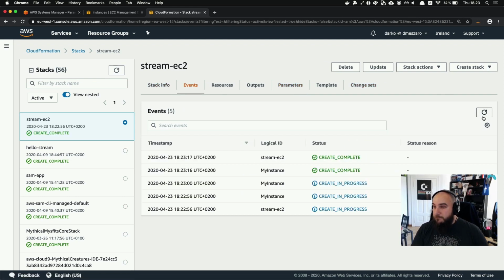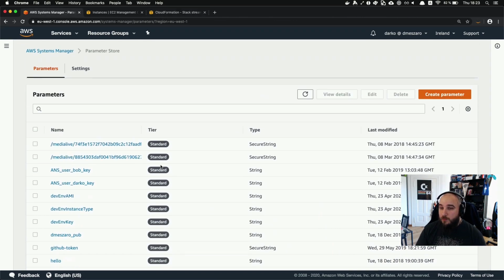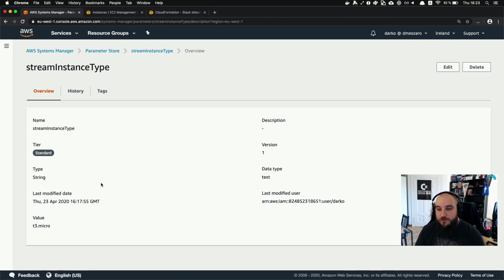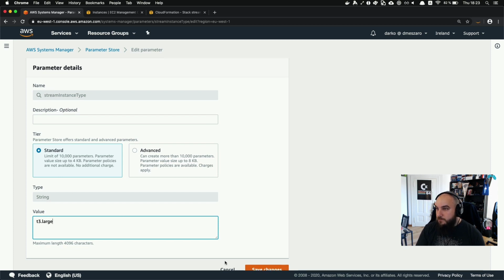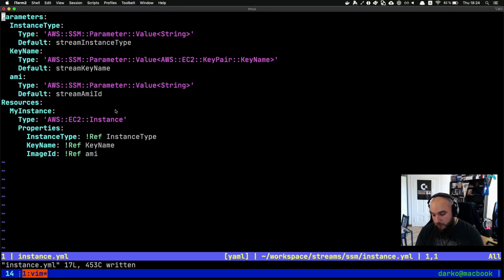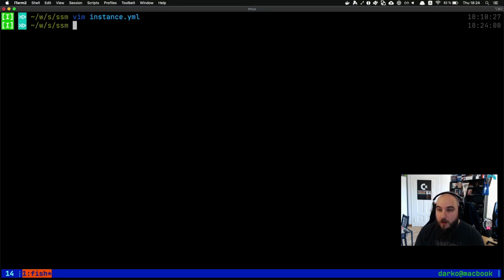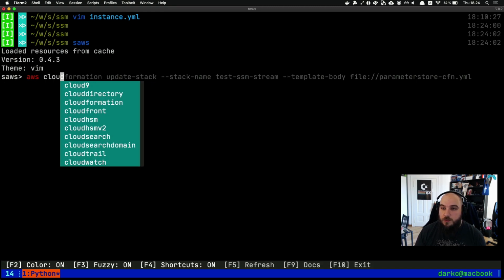So that's fine. But here's another thing that you can do here as well. And this is also a great value when it comes to a parameter store. Let's say I've changed my mind and I want to change my instance type. Instead of T3 micro, I'll do T3 large, like so. Save this. Now, nothing automatically will happen. So what I have to do is I have to go here and then run, let's just use saws, AWS CloudFormation,